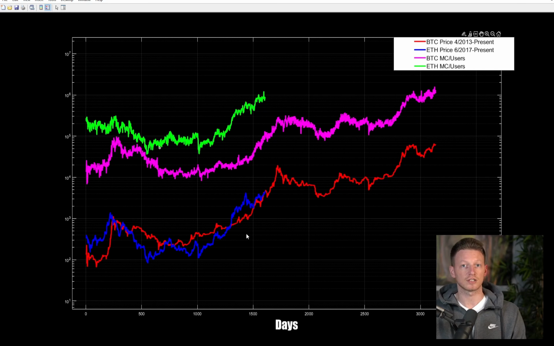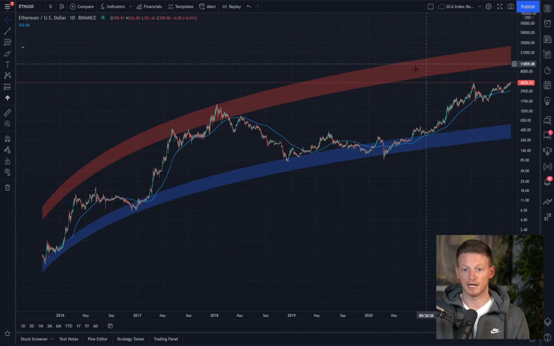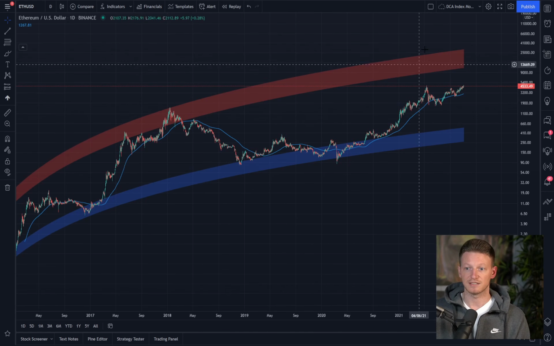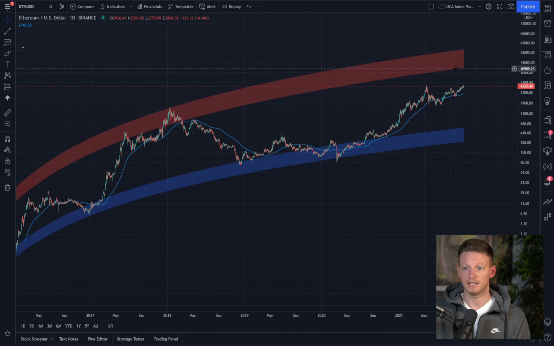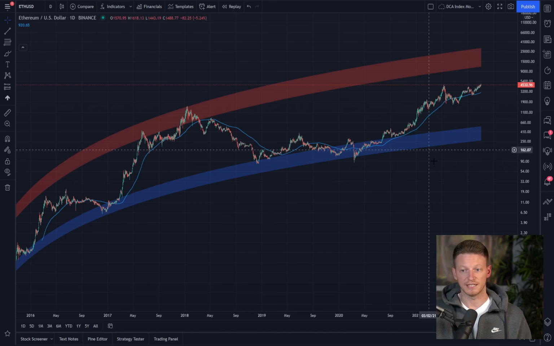So lastly, let's take a look at the chart and the logarithmic regression band for Ethereum. This is the lower and upper log bands for Ethereum. So what we would ask ourselves is, does the logarithmic regression band even permit there to be a $20,000 Ethereum? And in fact, the upper band does. The lower end of the upper regression band extends to approximately somewhere around $12,000, while the upper band extends currently up to around $28,000.